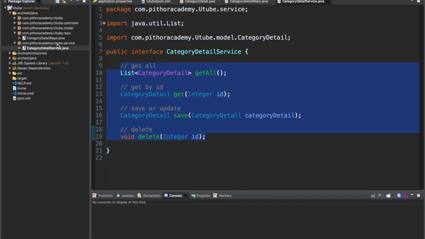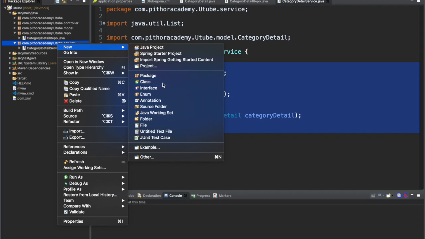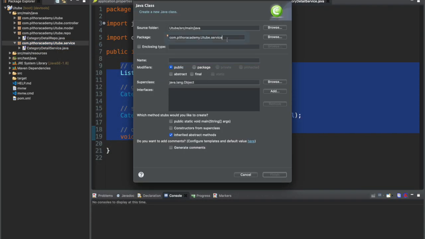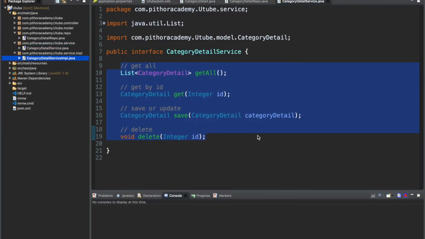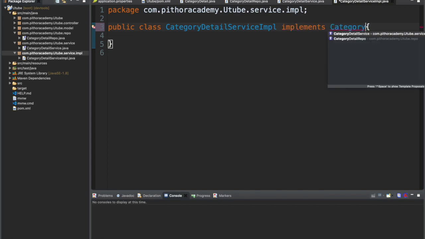Now we will create a class inside a package. This should be the implementation package, and the class name should be category detail service implementation, finish. So this is inside service impl, and it will implement category detail service.